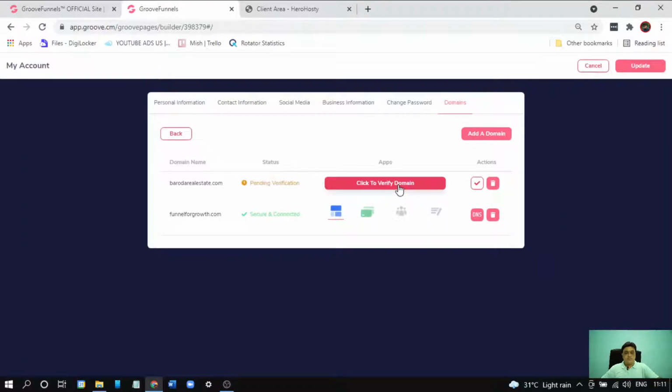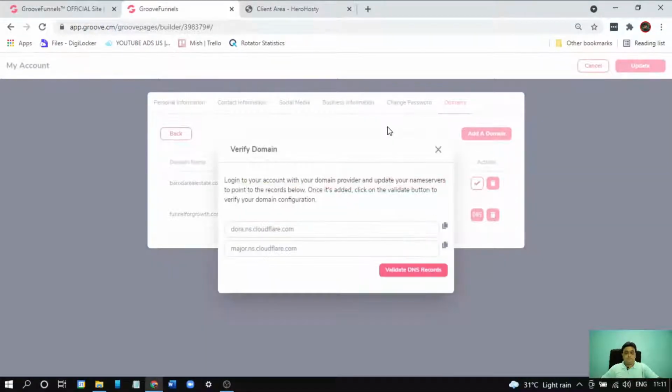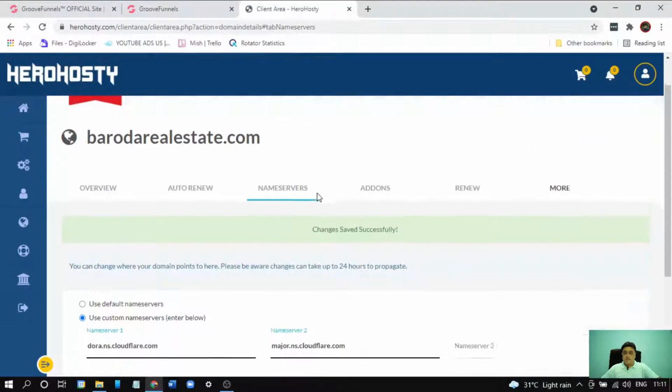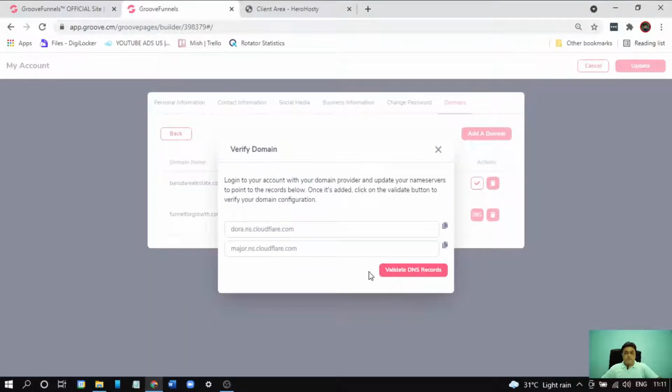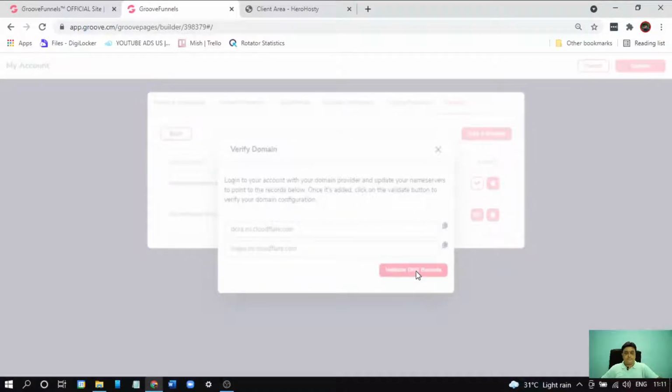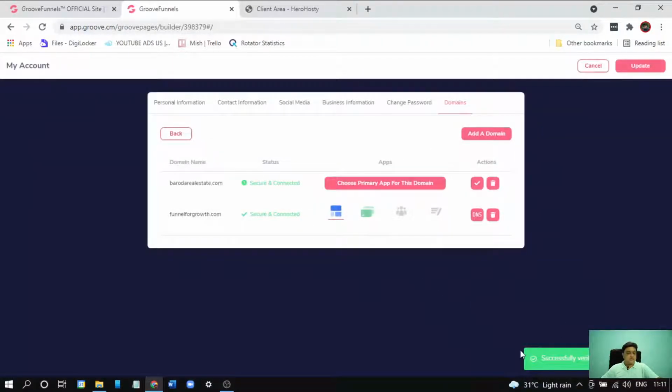Let's click on it. Log in to your account. We already changed our name server. Let's wait for a moment. Validate DNS record. Let's click on that. Yes guys, it's successfully verified: domain secure and connected.